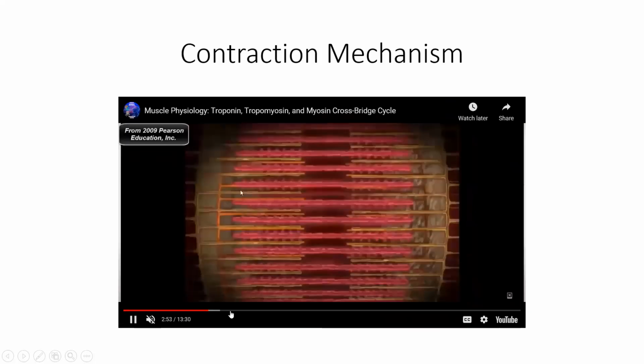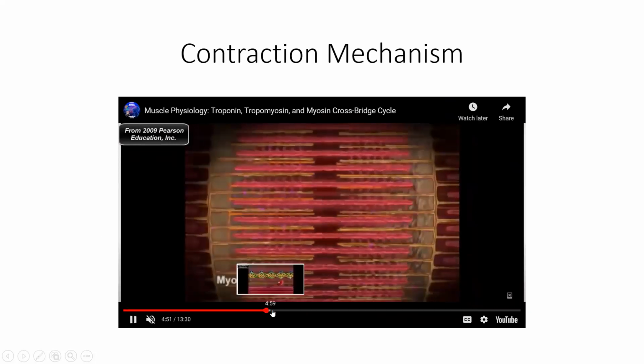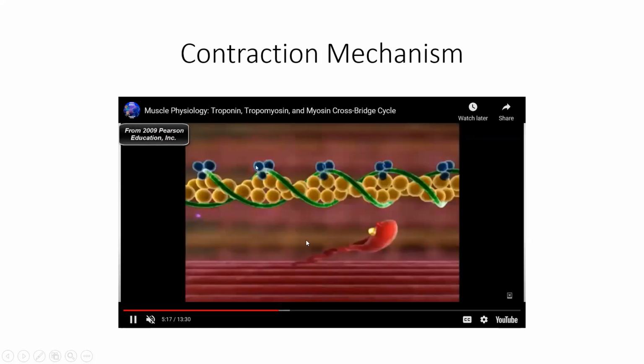I'm going to turn off the voice. This is our whole sarcomere. And let me move on to this part specifically. Well, here, as you see, this is the chain of actin, and this is our myosin head. The whole myosin chain and the myosin head is located there. Tropomyosin actually blocks